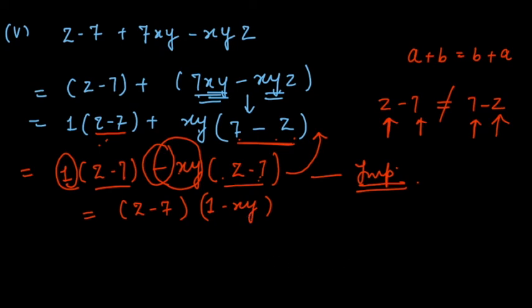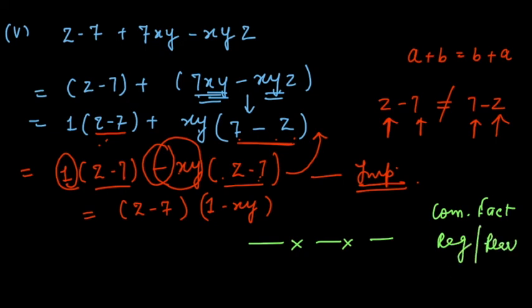So this was all about this exercise. In this exercise we have learned how to find the common factors. Then we have done the regrouping method, which is also called rearrangement. So keep practicing. This chapter is very interesting. In my next video I will be explaining exercise 14.2. Till then, take care and keep practicing maths.